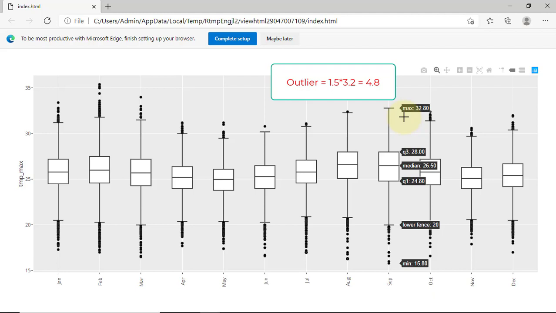as an outlier. So, the lower fence is the smallest observation within 4.8 of 24.8, or 20 degrees. Here, there was an observation at exactly that value. The temperatures below that value are marked individually, down to the minimum value of 15.8 degrees. The high temperatures in September happen to go right to the upper fence value of 32.8 degrees, which is also